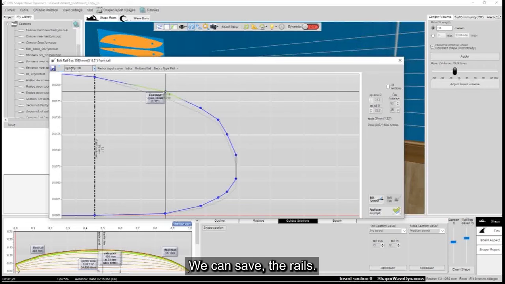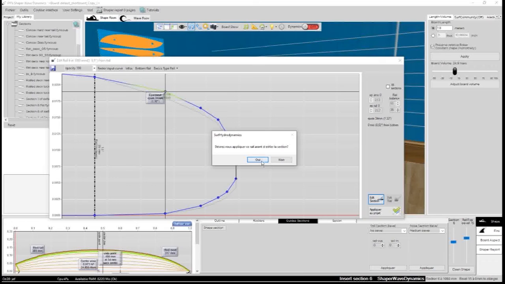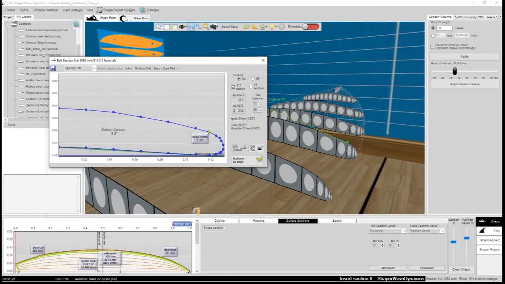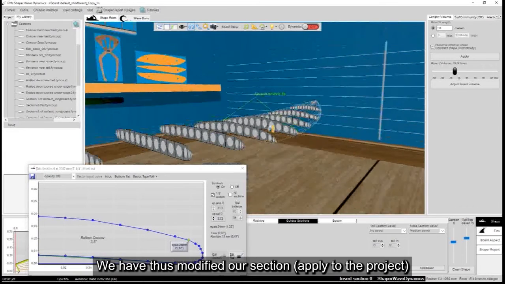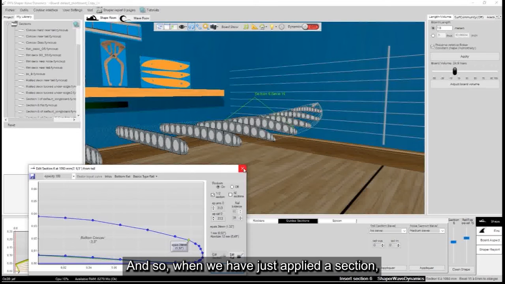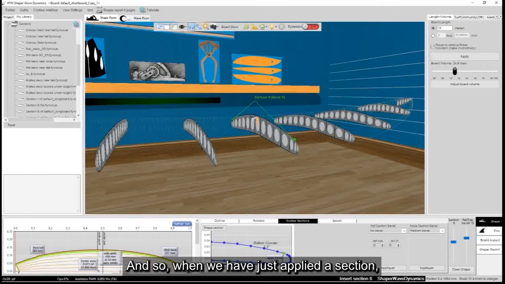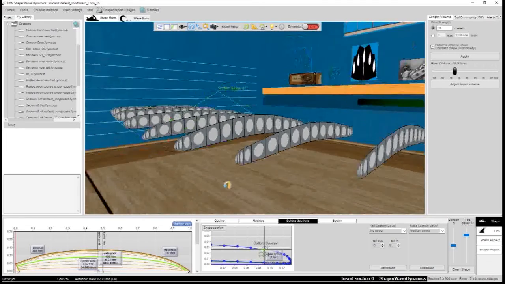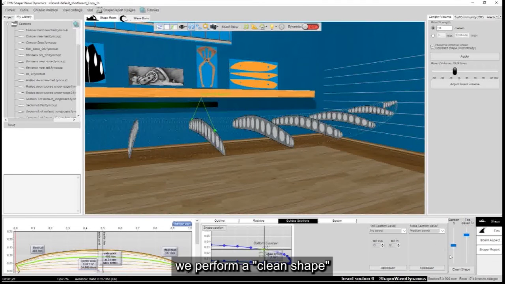We can save the rails or the sections. We have thus modified our section, apply to the project. And so, when we have just applied a section, we perform a clean shape.